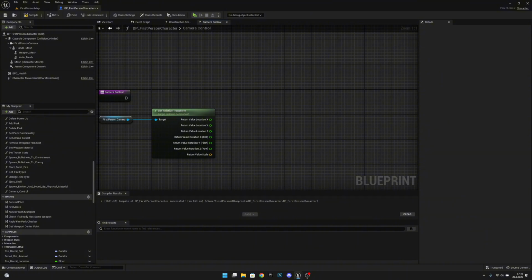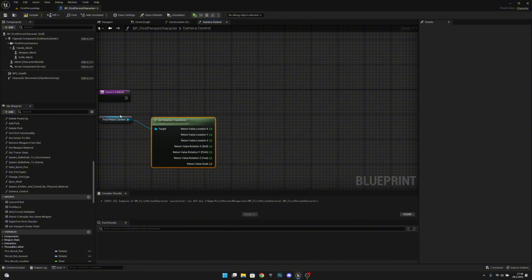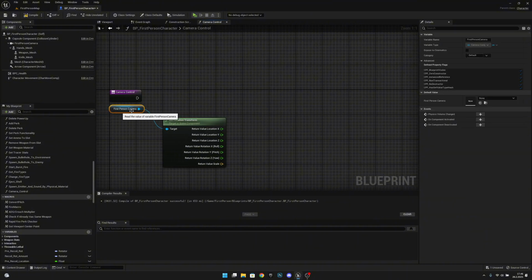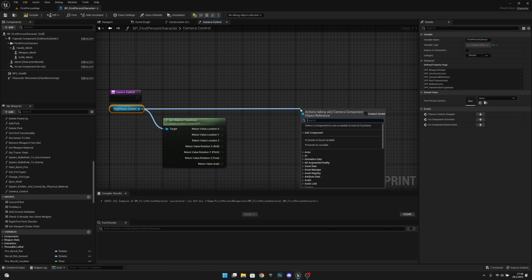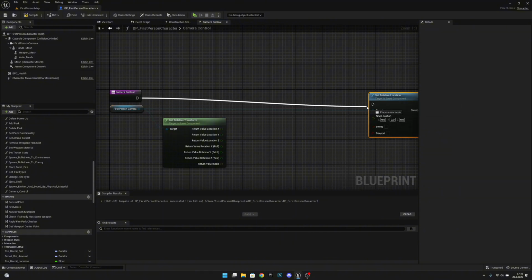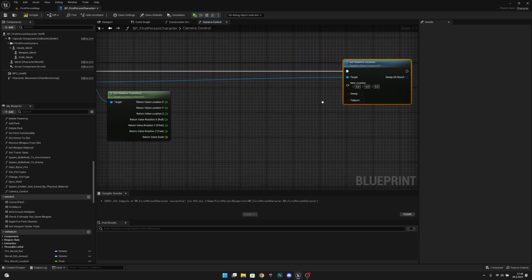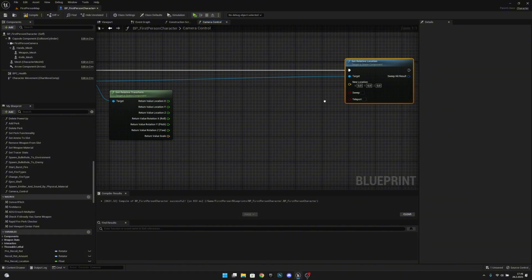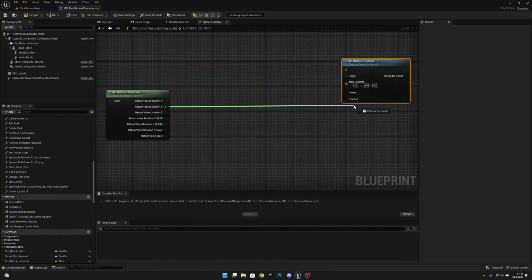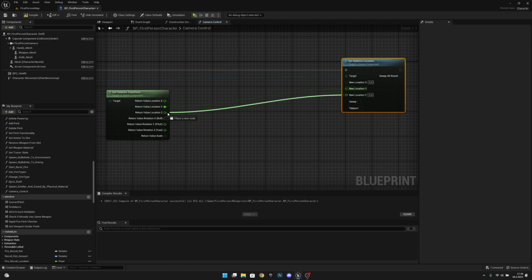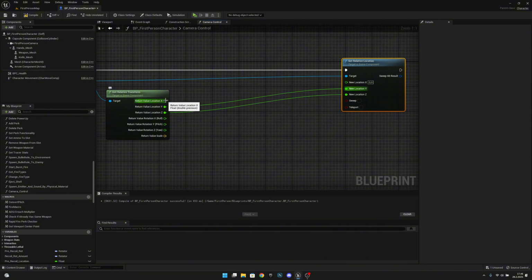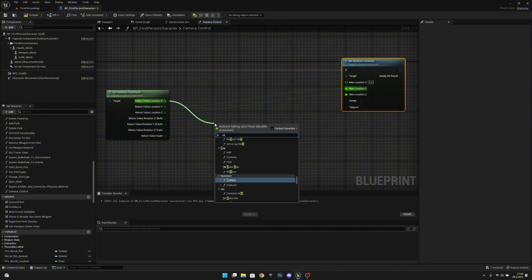And actually, we also want to set relative location. Okay. Now, what we want to set it to will be the Y. Oh, we have to split this. The Y will be the Y and Z will be the Z. But on the X, what we want to do, we want to map